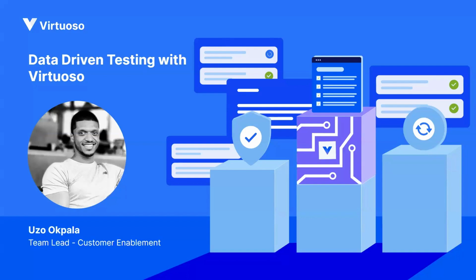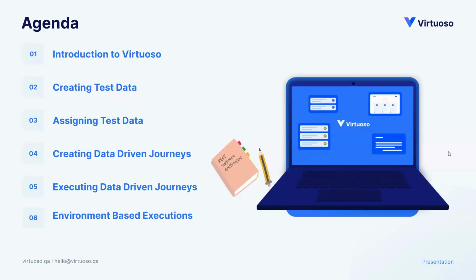So Uzo, if you move to the next slide, let me cover the agenda for the day. Uzo would be walking us through the introduction of Virtuoso, which is a SaaS test automation tool powered by AI using AI ML capabilities, and which also supports NLP test authoring. Then Uzo would be speaking about how we can create test data within Virtuoso to initiate the data-driven testing